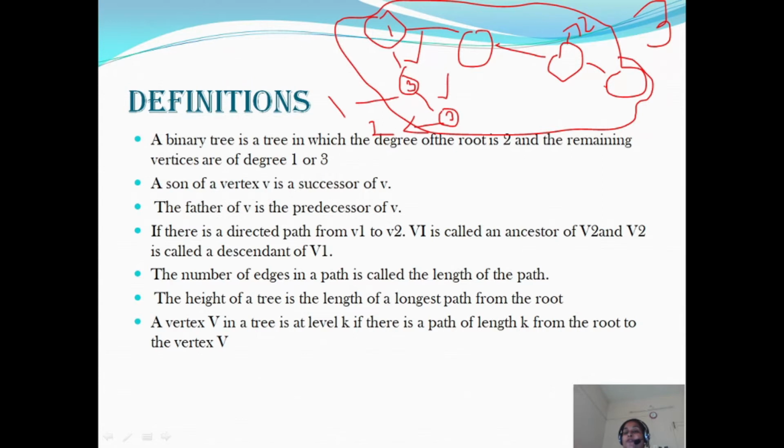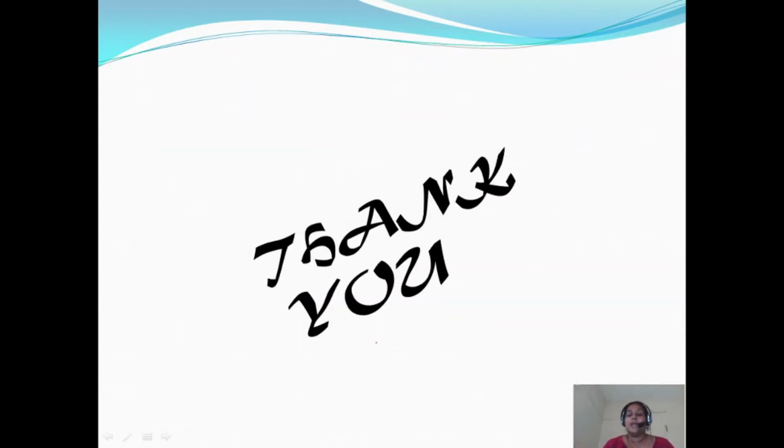That's all about tree. We have seen what is meant by an ordered tree. What is the path length? What is the height? What is the son? What is the successor? What is the predecessor? What is a tree? And what is an ordered directed tree? These are most important concepts. Tree is a vast concept, but because in TOC we use this structure, we have discussed graph and tree. That is the most important nonlinear data structure we are using in theory of computation.